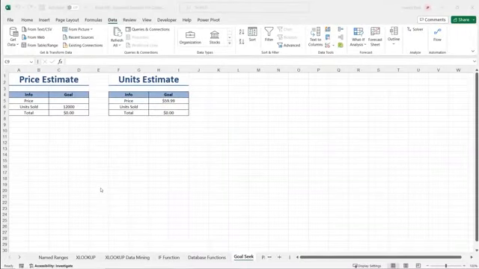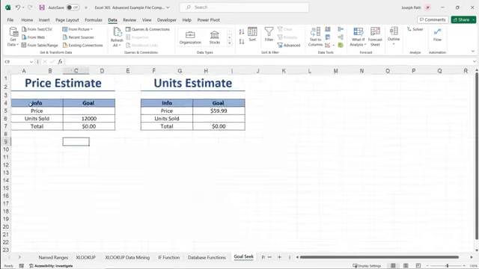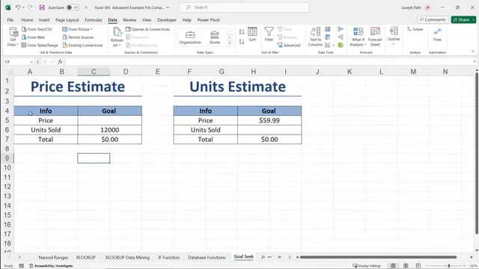GoalSeek is an amazing feature. What it does is it finds the input needed in one cell to arrive at the desired output in another cell. So let's say that I'm just trying to find what my price estimate would be. I'm going to take a moment to zoom in on this, and you'll see here that we have the info, which is what the price is for the product, how many units I sold,